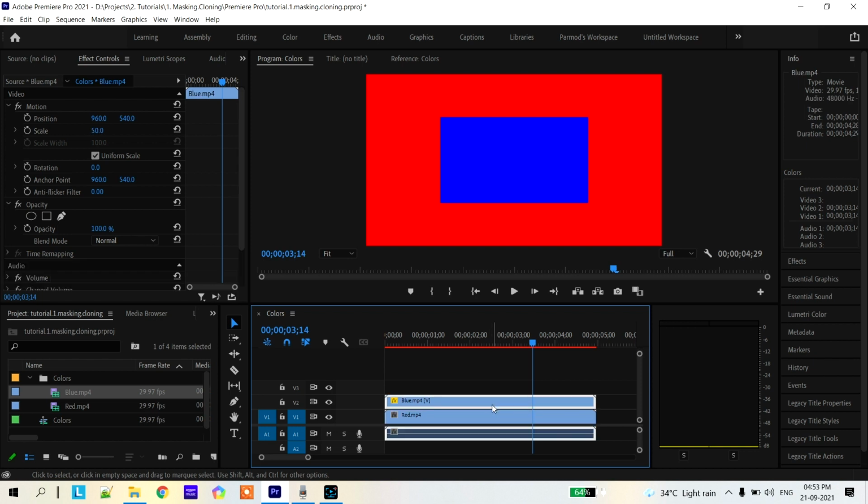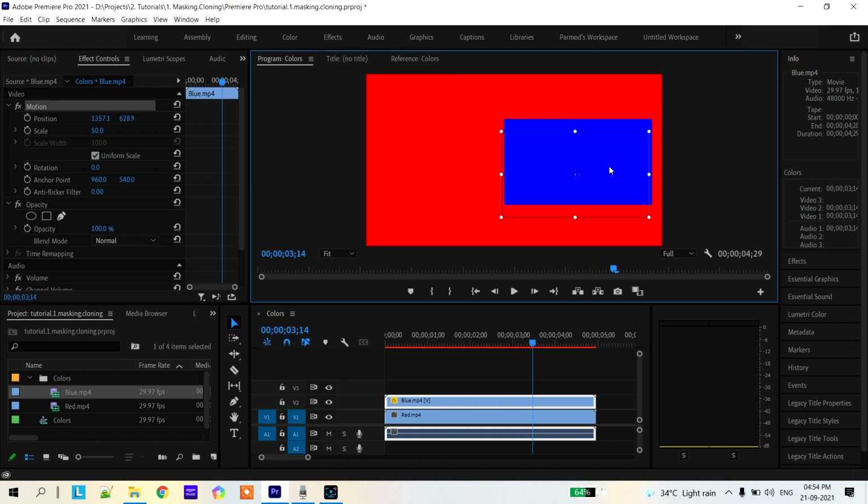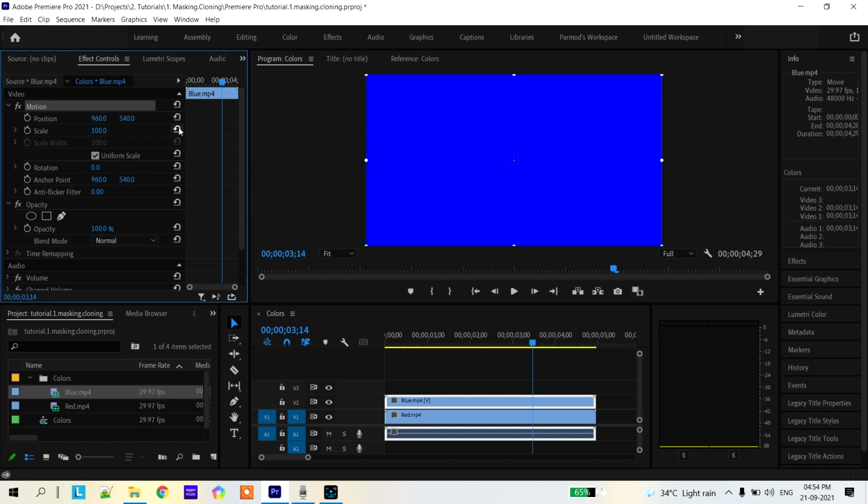below video is visible. Now for the top video we can change its position as well. These are like x and y coordinates. You can do it with the help of the mouse as well, that way. But still, as we can see, the whole video is visible although its size is reduced. But what we want is to show only a specific part from our blue video, not the whole video. So let me reset its position and scale, and then let's come here.